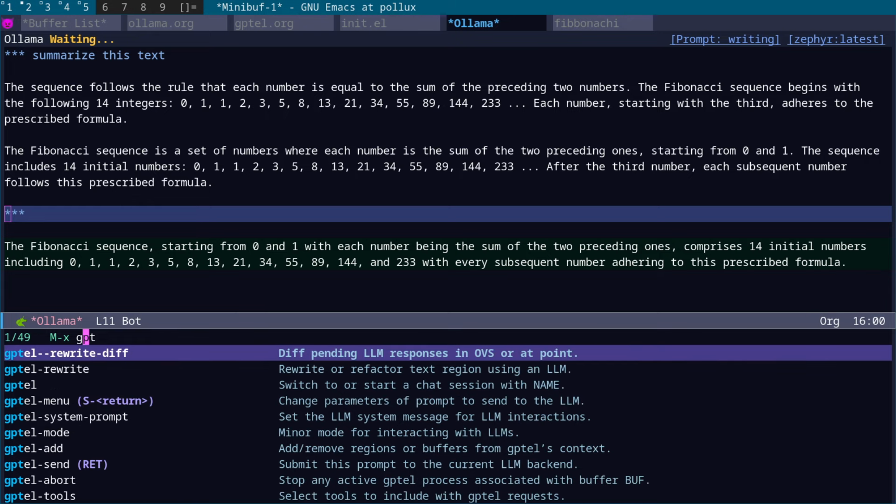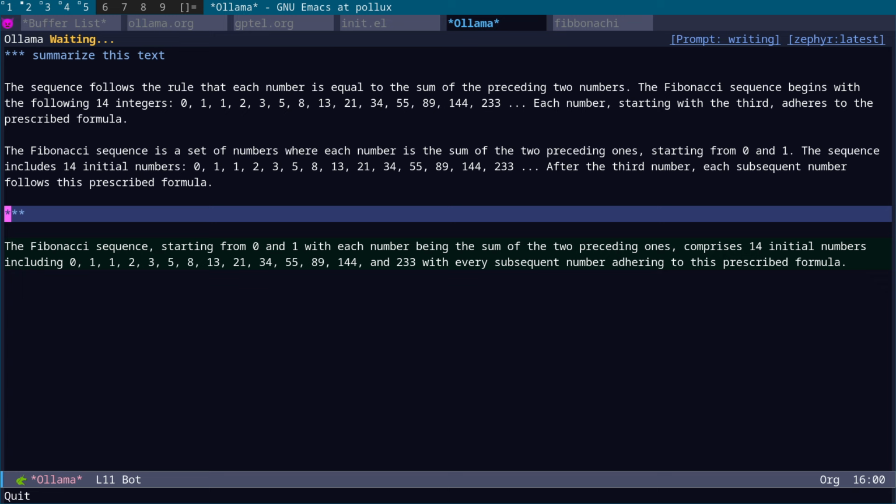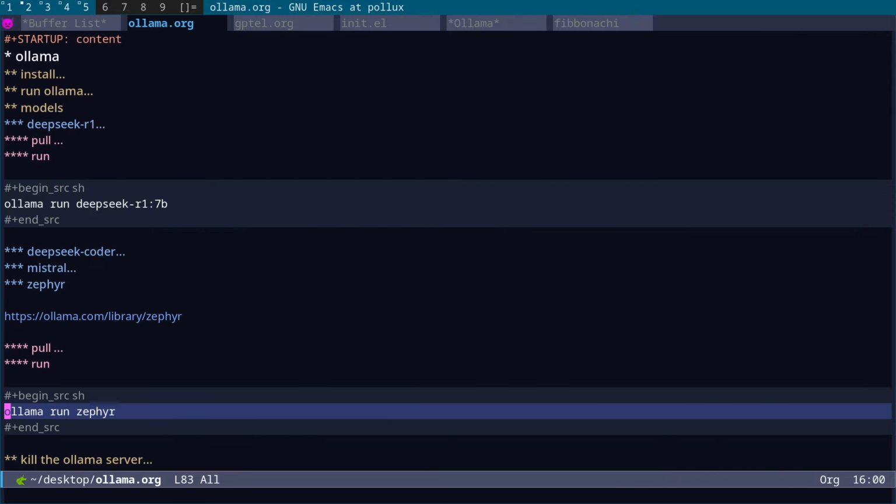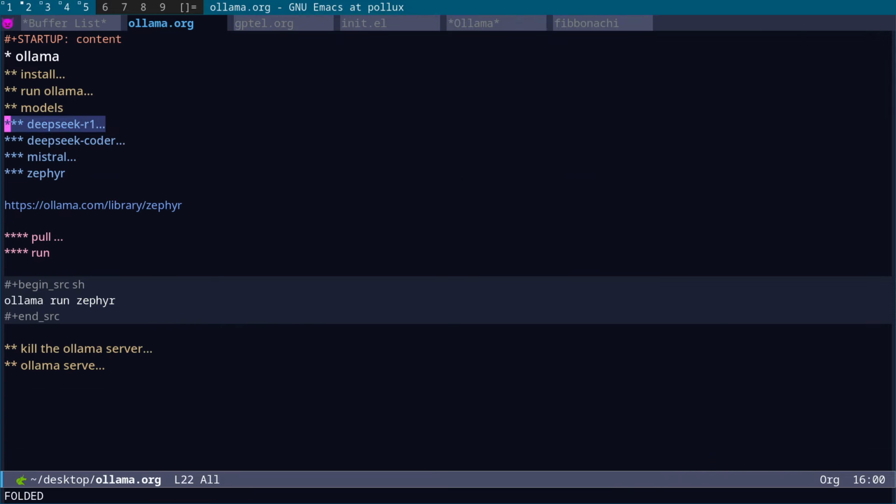Yeah, I haven't gone through a lot of these. So those are all the gptel sort of commands, and those are the sort of models we went through. So, to recap, what we've done is we've